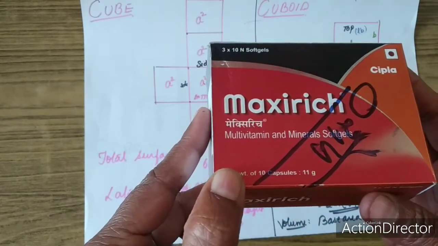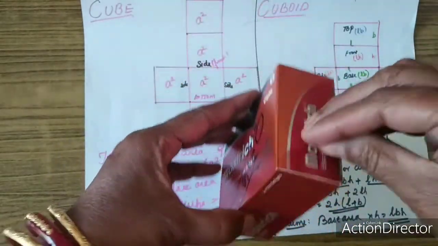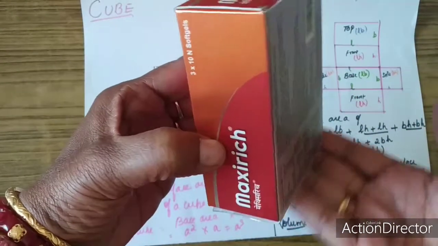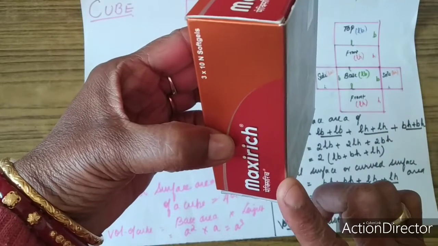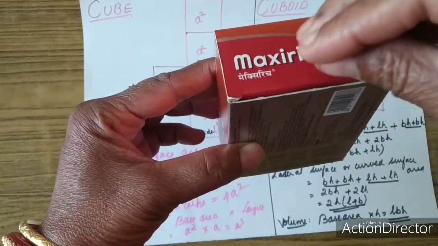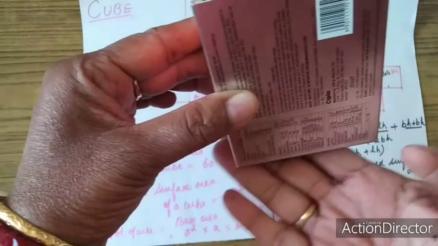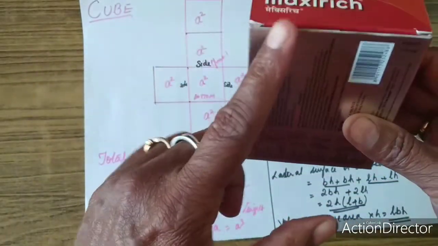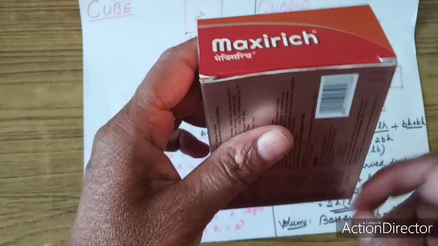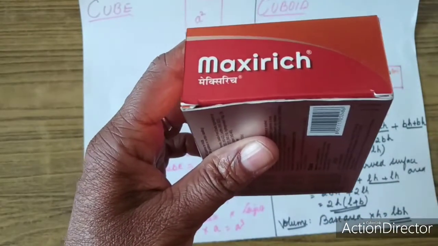And volume, as I said earlier, is the space occupied by this cuboid. Whatever you are going to put inside this cuboid, you are going to fill it in this base area till the height of the cuboid. So the volume is nothing but base area into height. When you open this and fill the cuboid, you fill the base area and the total height will be the height of the cuboid. So volume is nothing but base area multiplied by height.